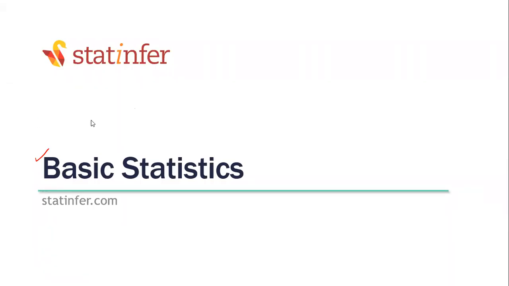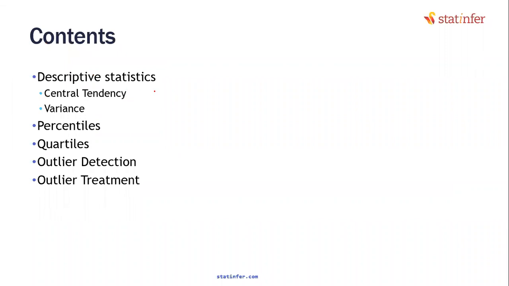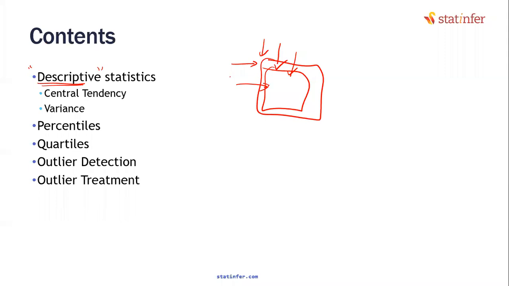So what are basic descriptive statistics? Descriptive statistics, from the name, suggests that they try to describe the data. Till now, we have seen the metadata: how many rows are there, how many columns are there, how many types of variables, how many numeric columns, how many string columns. We are looking at overall largely the metadata side, but we never went to each and every column and tried to describe it. So descriptive statistics will try to describe that.